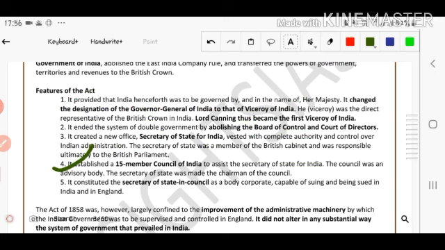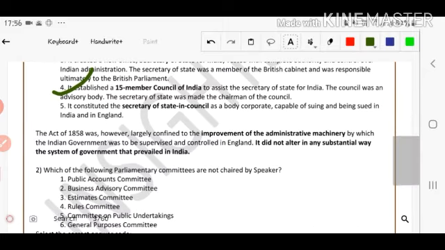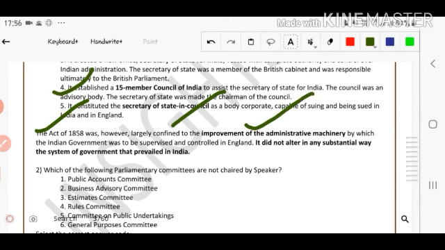It means the council is made here, and that is under the Secretary of State that lies in the British Parliament. The council was an advisory body. The Secretary of State was made a chairman of the council. It constitutes the Secretary of State in Council, a body corporate capable of suing and being sued in India and England both. Next, the Act of 1858 was, however, largely confined to the improvement of the administration machinery